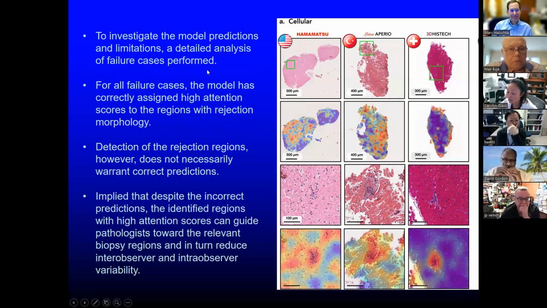I thought it was great that they investigated the limitations of the algorithm. They did a detailed analysis on the failure cases. In all failure cases, the model has correctly assigned the heat. So they make a point that, for the algorithm that they made to bring attention to areas that you should be concerned about, there were no incorrect triage type problems, but once you got to that region of interest that you should be concerned about, they did have some mistakes. And these are ones I cut and pasted where they made a mistake.